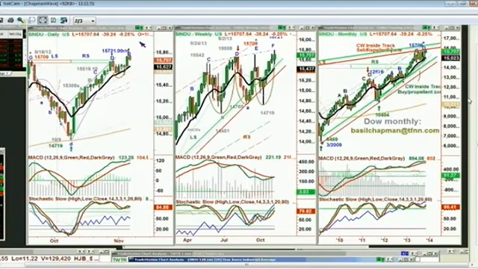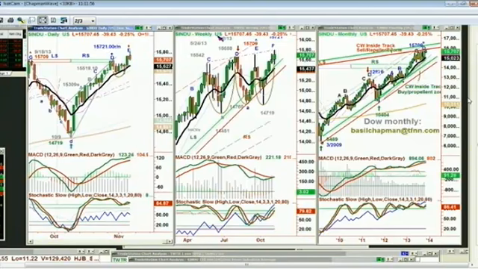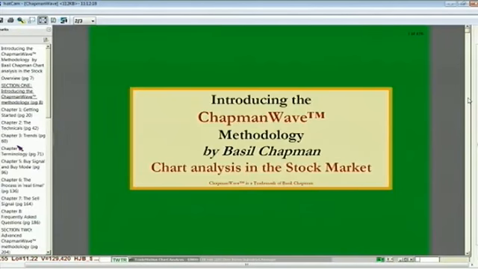Folks, there is still time. The way I've set it up is that I'll be going through the most pertinent points of the CD. I'll be not only discussing the CD in terms of, this is introducing the Chapman wave methodology, that's a CD right here. I will not only be discussing all these different points, going through the chapter headings to show you